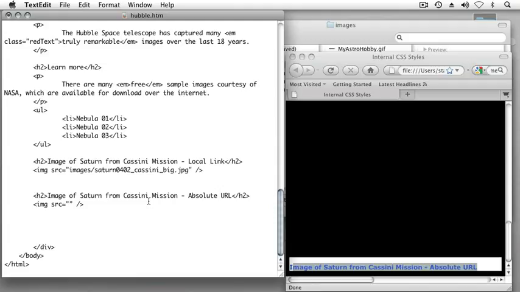Having gone out and visited a NASA server earlier, I wrote down the URL, http://apod/apod/image/0403/Saturn0402_Cassini_big.jpg. Now, if I save this file